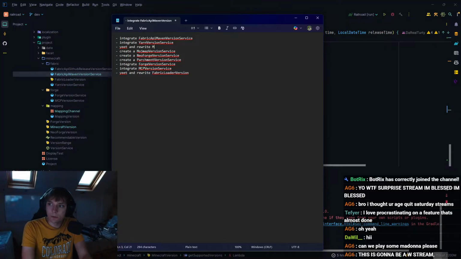What is it? Minecraft? No, Minecraft version service, fabric loader version service. There we go.